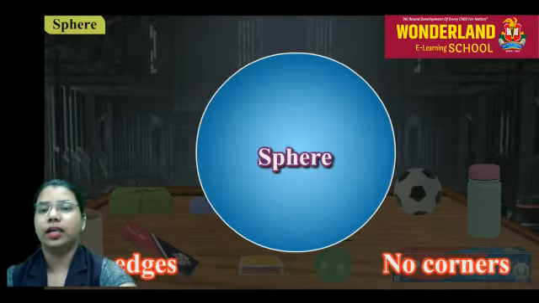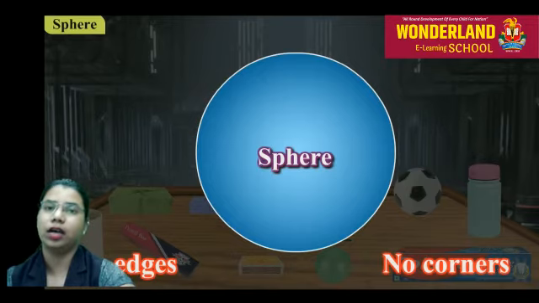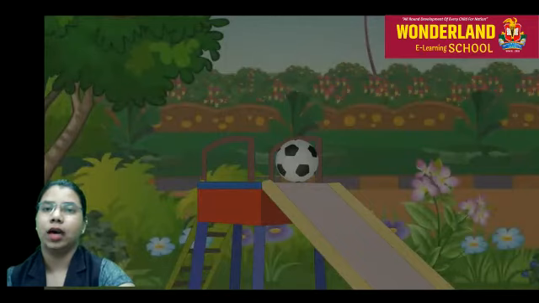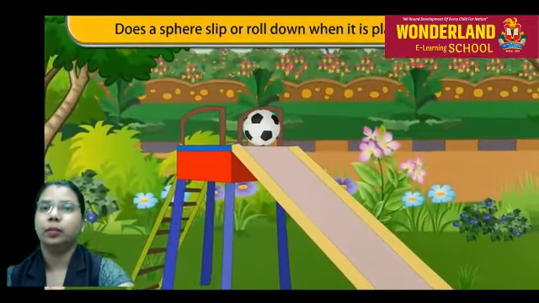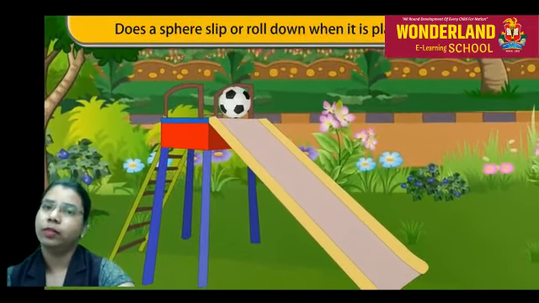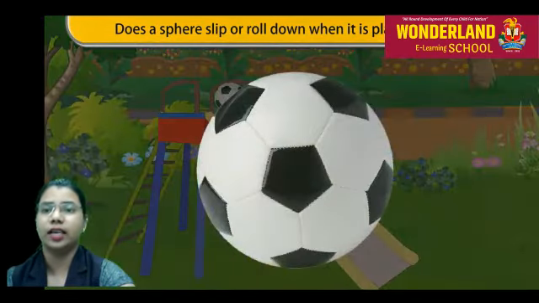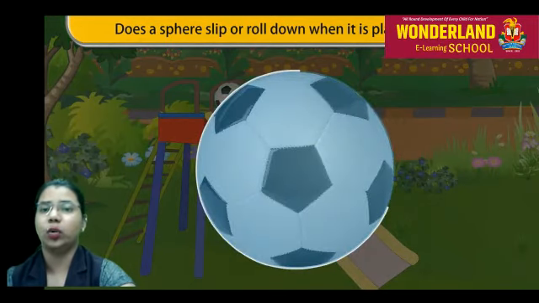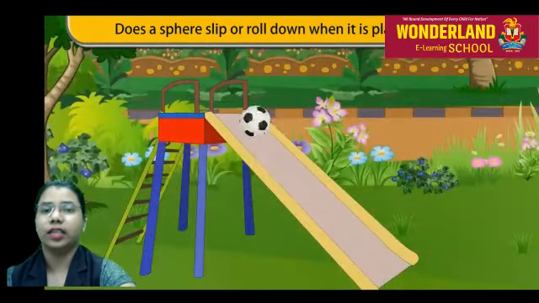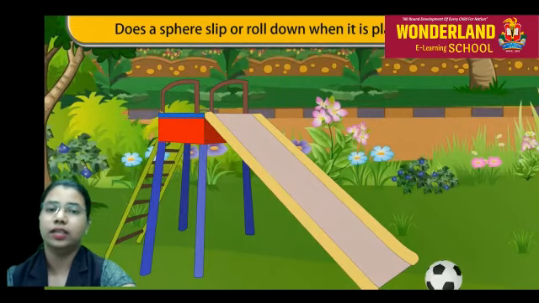It turns continuously. Thus, a sphere has only a curved surface. Now, if we put the sphere on top of the slide, does the sphere slip or roll down? As the sphere has only a curved surface, it will roll down the slide.